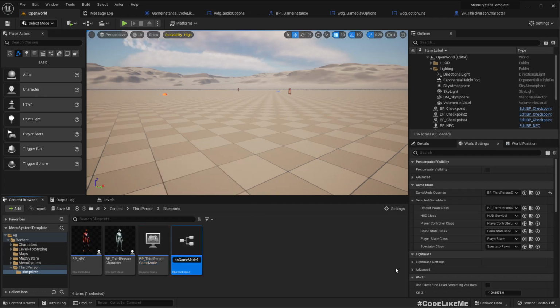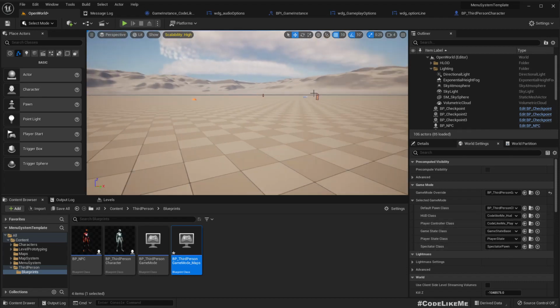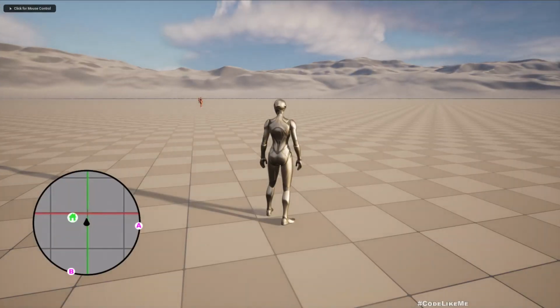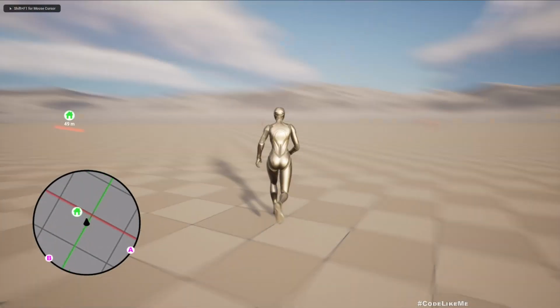Let me duplicate this game mode maps, and let's use it here. And as the HUD, if I use code like me HUD, and as the player controller, if I use code like me player controller, this should work fine. Great. Yeah, now we have the main minimap,